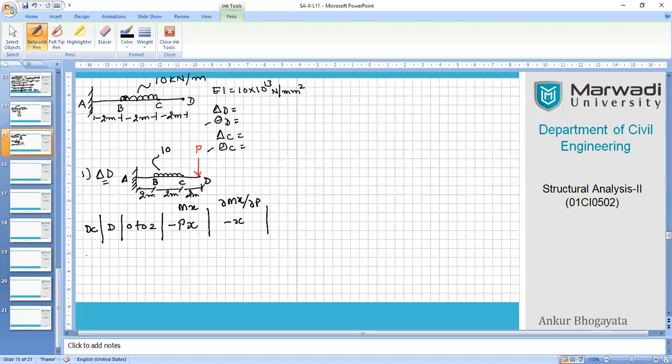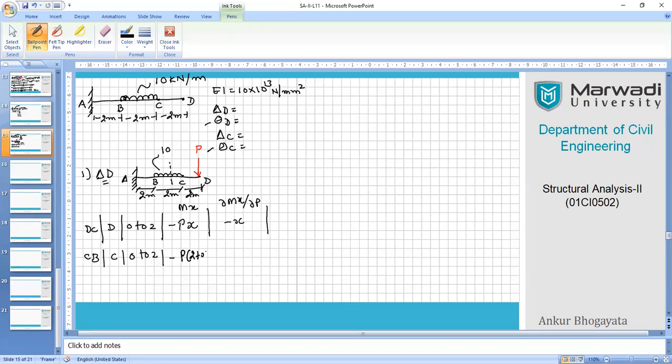So let's go for C to B. Second option, origin is C, length is 0 to 2 meters. You know the mx, like this force has to be considered in this portion. So it has to travel 2 meters ahead and x will be somewhere here. So we know that, sorry, first p will come here in the picture. So let's write down p